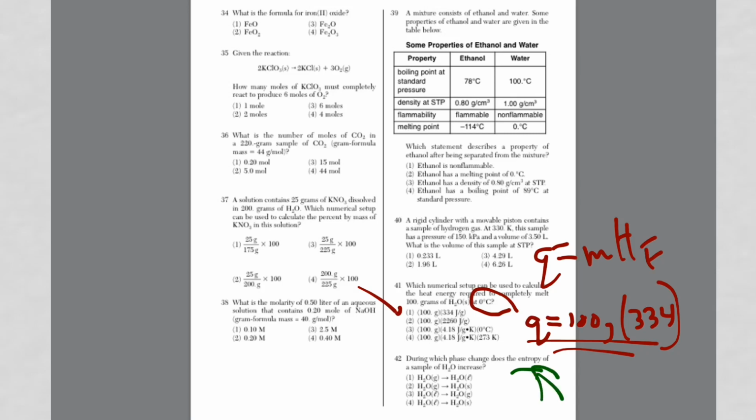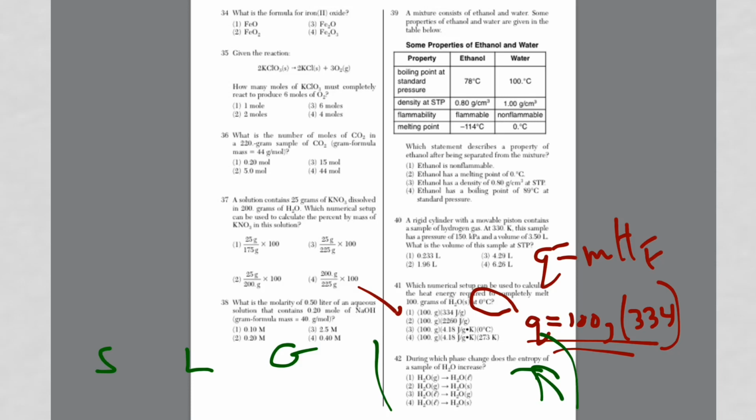For 42, we're looking at during which phase change does entropy of a sample increase. Entropy is the amount of disorder or randomness that goes up or down depending on the phase. So an easy way to figure out these problems is to just write S, L, and G, and then go ahead and look at